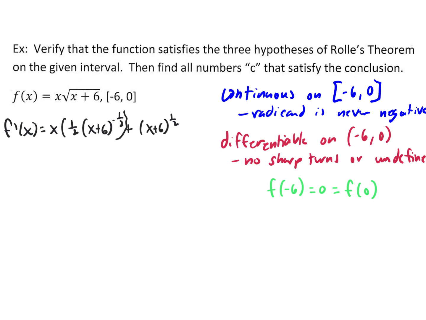Okay. The x times the derivative of this, that's 1/2 (x plus 6) to the negative 1/2, plus the derivative of this is 1 times (x plus 6) to the 1/2. And so now I need to figure out when all of this equals 0. Now the easiest thing to do, and maybe you've seen, now we've seen enough problems like this, is when I have this negative 1/2 power and 1/2 power, I factor out the smaller one, which is